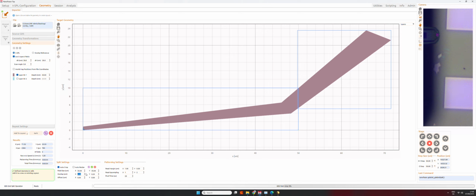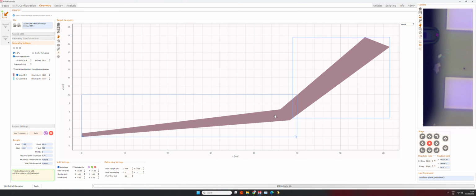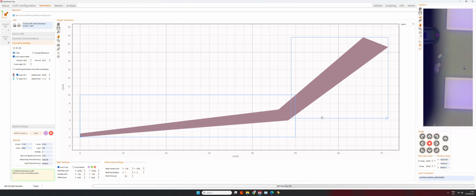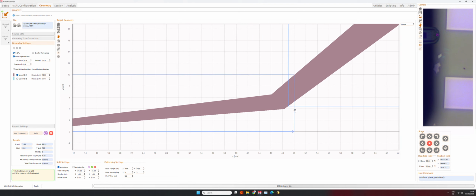Now we can just do a standard stitching and we can increase the overlap a little bit. It's not really required to do an active fill stitching if we don't really need a high resolution patterning, like in this case, so a standard stitching should be enough.